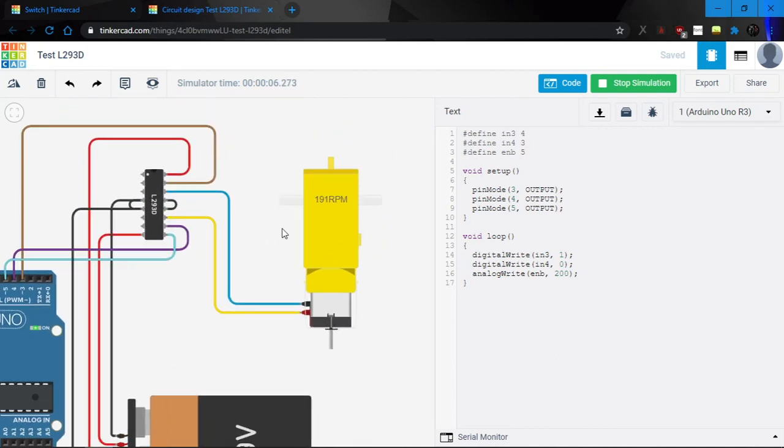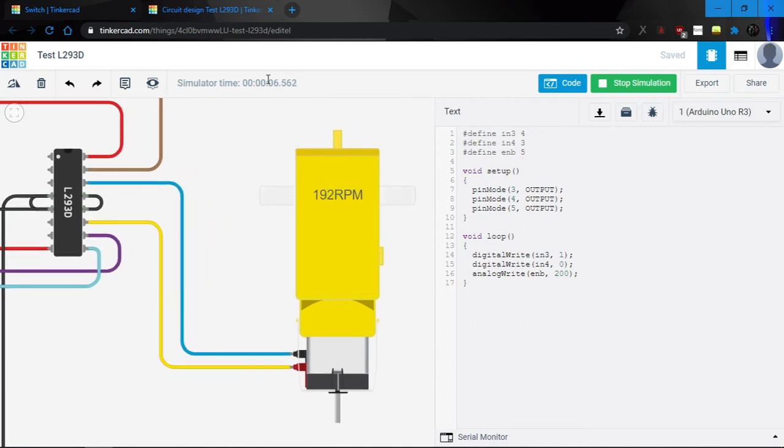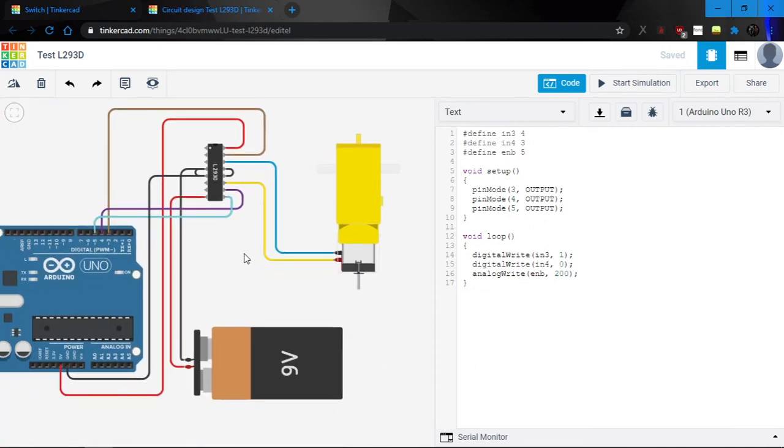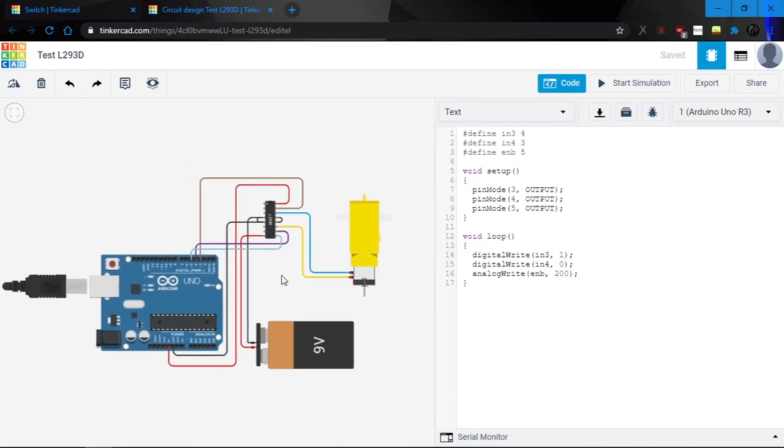So if you have good hardware to simulate this, you may see this in real time, and this shaft should be rotating fast. So that's all that you will learn in the hands-on. I hope that you understand,